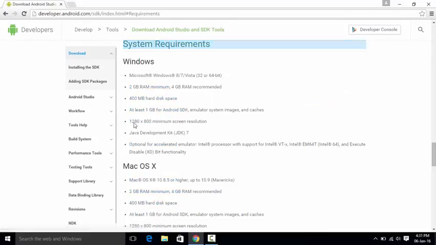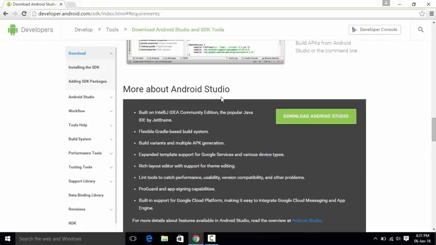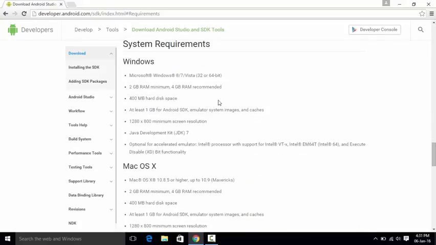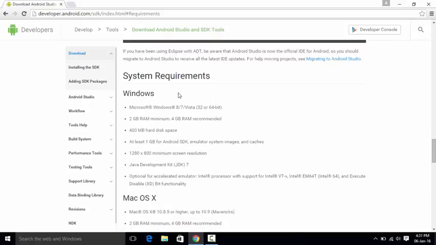So basically, before installing the Android Studio, what I would like to recommend is you go and read the system requirements for Android Studio, and that is because Android Studio is a bit slow on computers which have low RAM. So for example, the system requirements which are specified for Windows are that you should have a 2 GB RAM minimum and 4 GB RAM is recommended. So if you have a 4 GB RAM, you don't need to worry, but if you have a 2 GB RAM, it is not going to be sufficient to run Android applications,